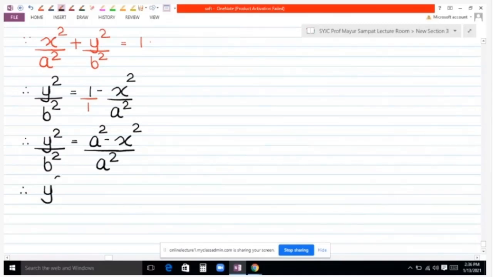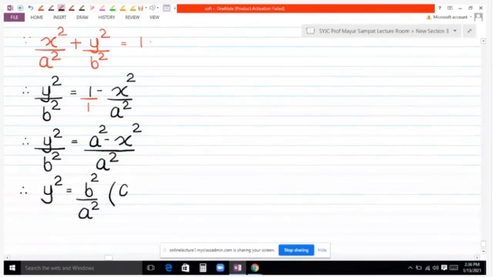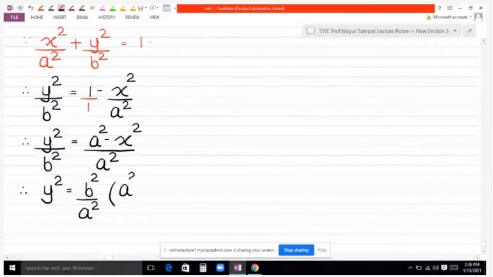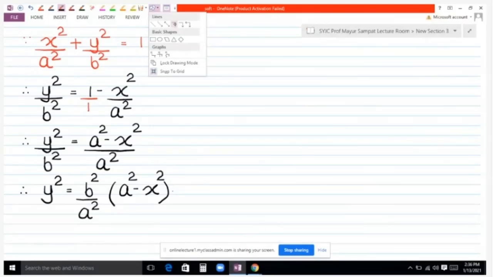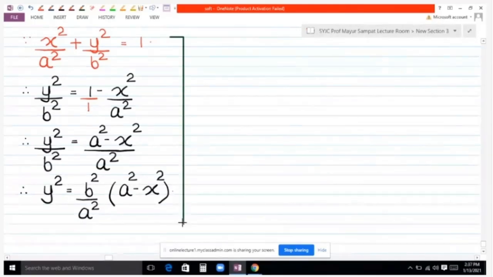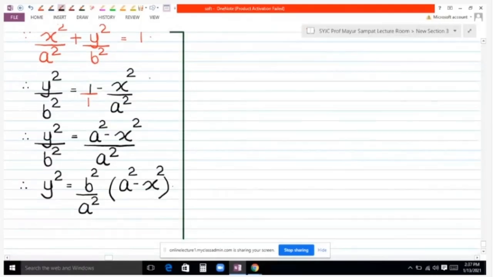Therefore, y square is equal to, but b square is getting divided, so it will get multiplied on the other side. We cross multiply, so y square is equal to b square upon a square into a square minus x square. Now tell me this: therefore, since y square is equal to b square